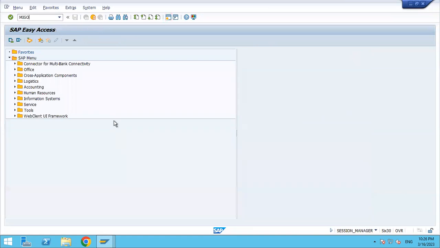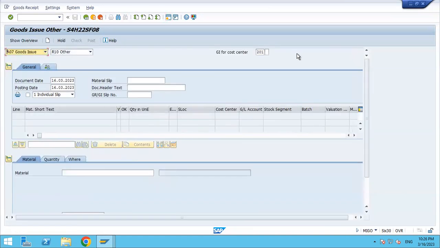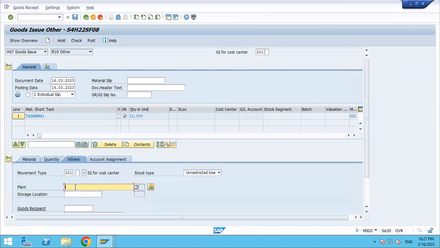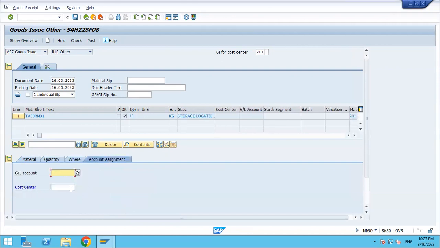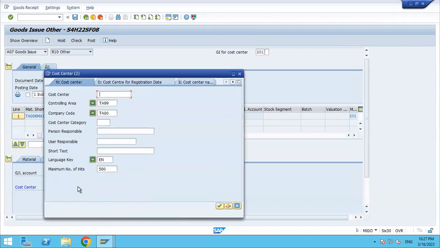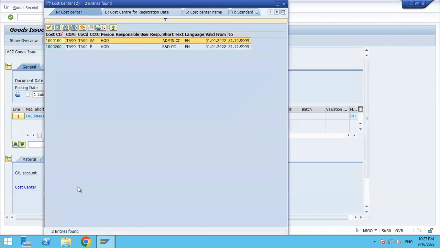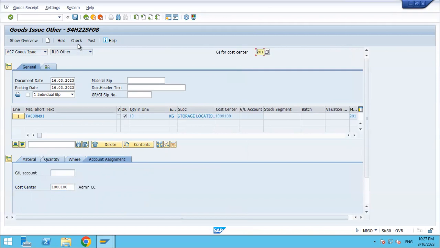go to MIGO. Goods issue against others. 201, yeah. I am issuing goods to the cost center. Okay. Select material here. 10 quantity. Where? Plant TH0. Storage location also TH0. Account assignment is, so here you need to select the cost center. You are issuing the goods to the cost center. Enter, check,